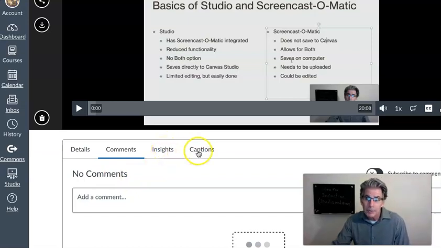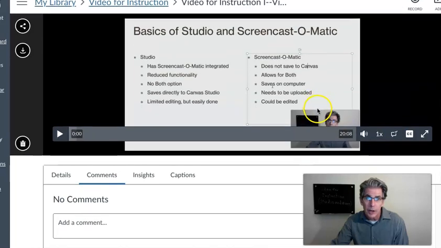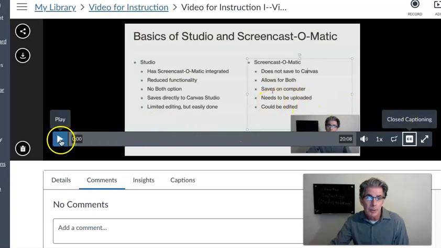Then there are the captions. You enter those. And I do want to show you, this didn't work last time. It didn't work properly. But this little CC button right here, that's how you turn the captions on. And this video has been captioned, and this is the one I was working with earlier. And captions are going to be in English, I hope. And if I played it,